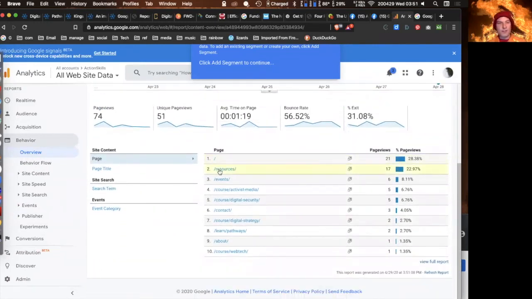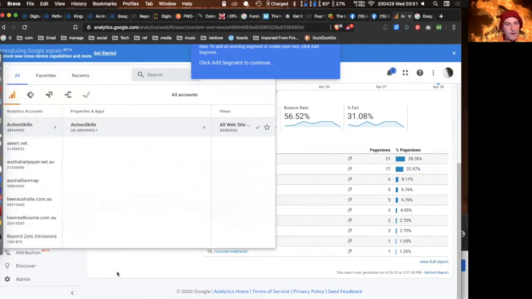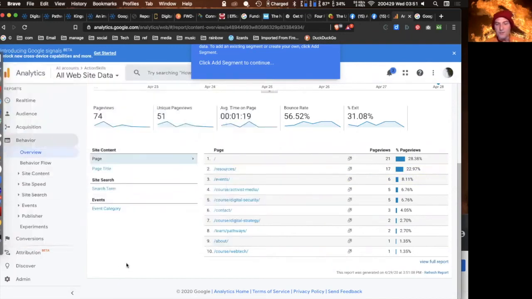They're coming to /resources. That's interesting. And /events. Actually, I'm on the wrong website. Okay, this makes a bit more sense. All right, so this is actionskills.org, not .co. So this will explain it a bit more. All right, so in context, I'm running two websites. So .org is